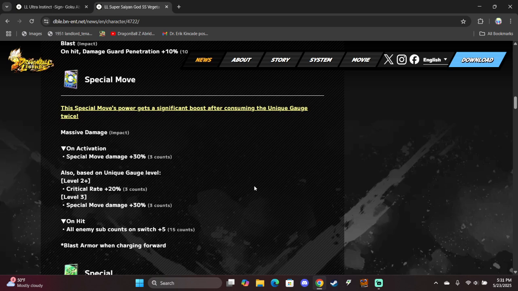Alright, let's see. Massive impact damage on activation gets 30% to special move damage inflicted. Also based on unique gauge level. Oh, God. Unique gauge level. Level 2. 20% crit rate. Level 3. 30% special move damage inflicted. On hit, all enemies get plus 5 to...